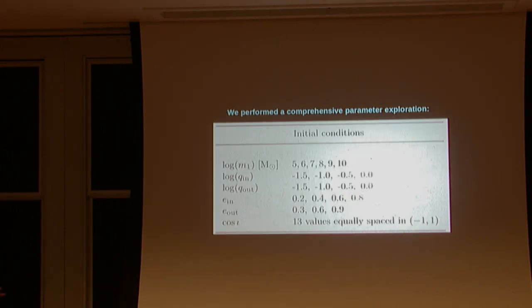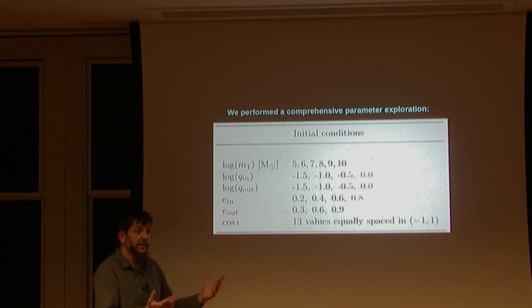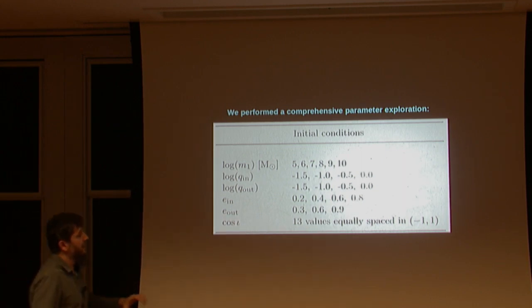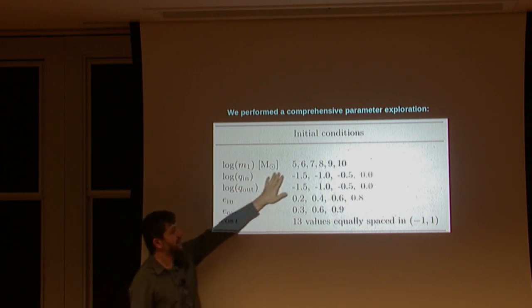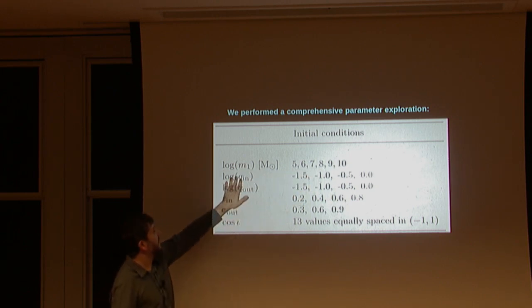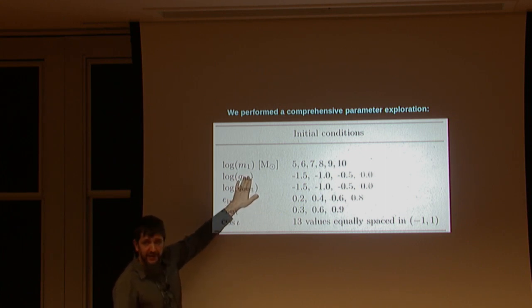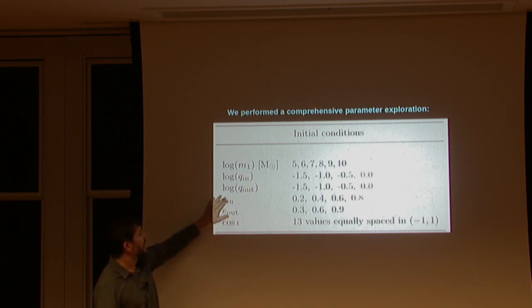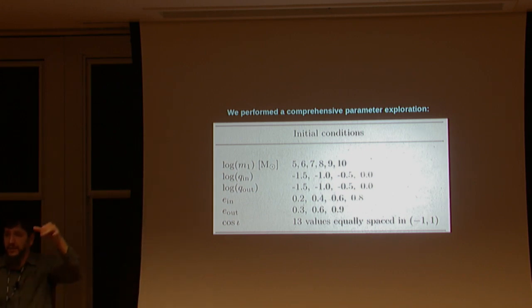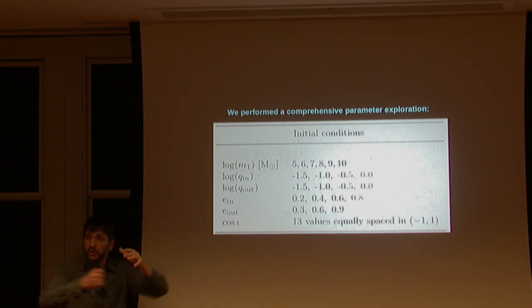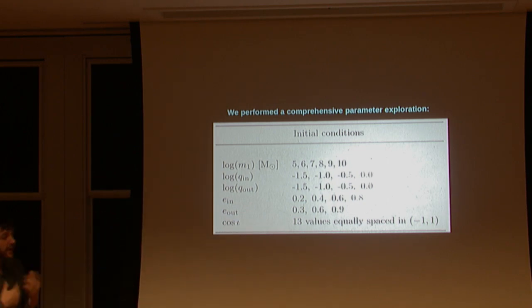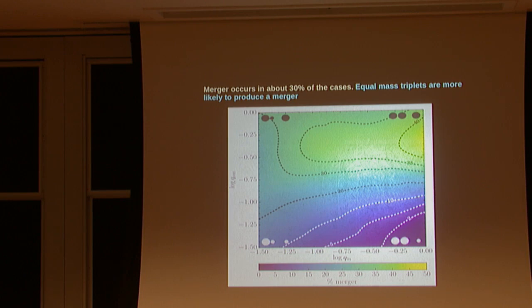What we did was to do a full parameter exploration that is relevant for this kind of problem. So we ran several thousand of these three-body simulations varying the most relevant parameters, which are the masses of the three objects. So we have a mass of the primary black hole between 10 to the 5 and 10 to the 10, the logarithm, the inner binary mass ratio, the outer binary mass ratio, the relative eccentricity of the two binaries when the interaction starts, and then the inclination of the relative orbit of the inner and the outer binary. Okay, so we did a very extensive study of the full parameter space, and so the results,